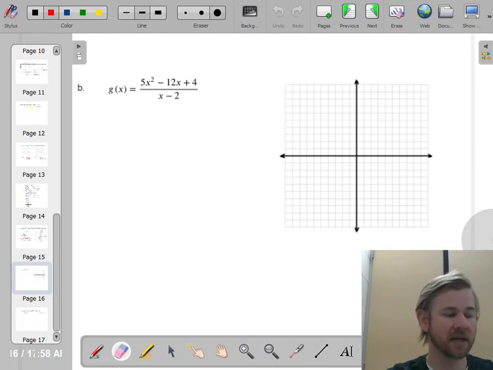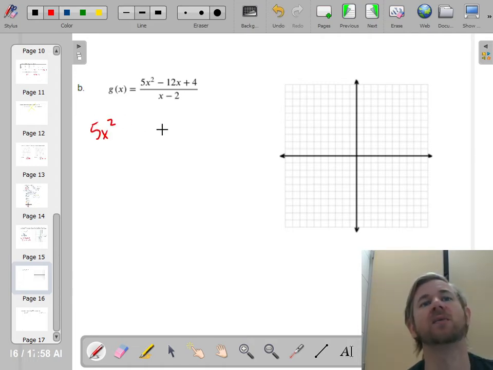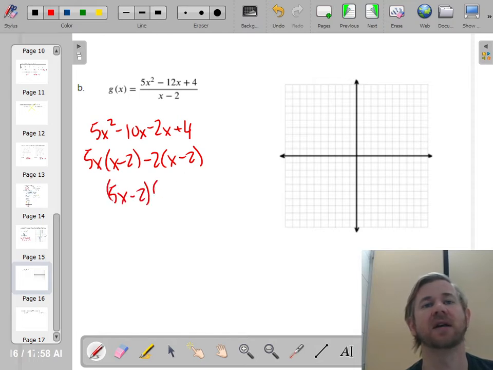Let's try another one. So I'm going to have to factor the numerator. I know there's a discontinuity at 2, but I'm not sure what kind. So to figure that out, I'm going to factor. So let's see, what multiplies to 20 and adds to -12? I think if I do -10 and -2, that'll do it. So then I do grouping, 5x, x minus 2, minus 2, x minus 2. So my factors are 5x minus 2, and x minus 2. And wouldn't you know it, since the denominator is x minus 2, this factor cancels out,